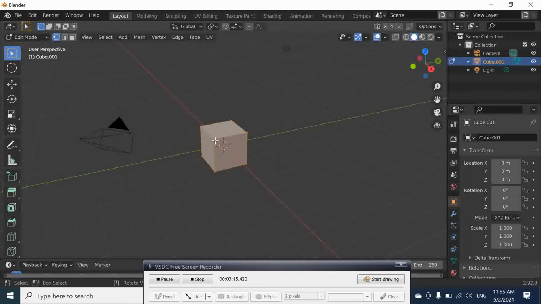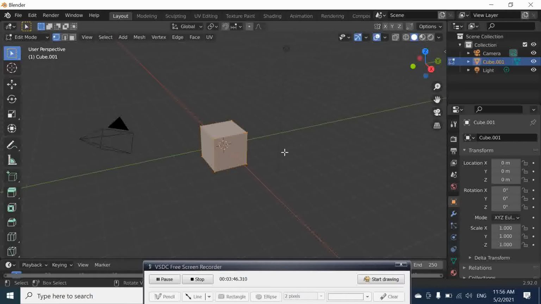As I showed you in my previous video, you have the vertices, the edges, and the faces. Remember, a vertex is the corner, this line between two vertices is the edge, and the face is between four edges or four vertices.